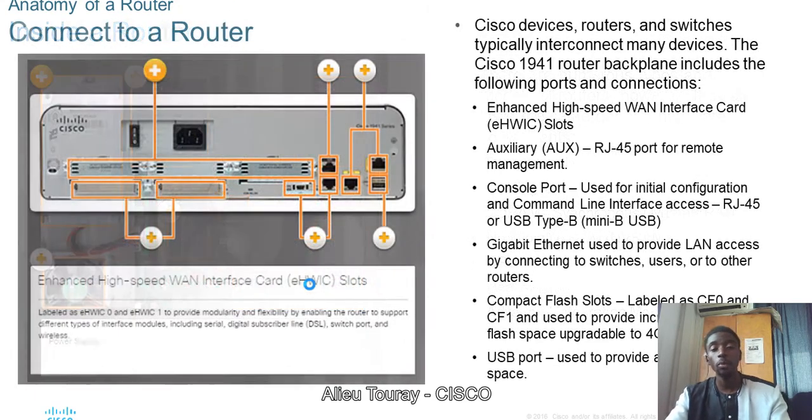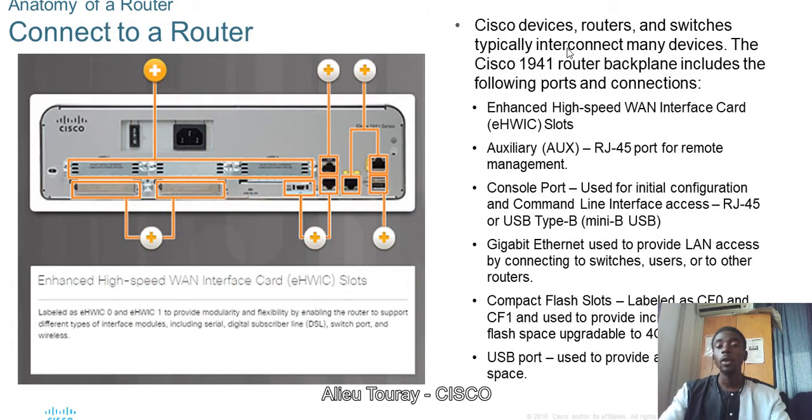There are numerous types and models of routers. We have different types of routers, and they all have the same general hardware components like the power supply, cooling fan, and so on, just like your computers. So Cisco routers and switches can typically interconnect many devices. This is how a Cisco router looks like. You have the covers. These are for when you want to add other modules, like serial modules. You can open these and add the modules there, because these Cisco routers are modular routers. You can add and remove anything in here.